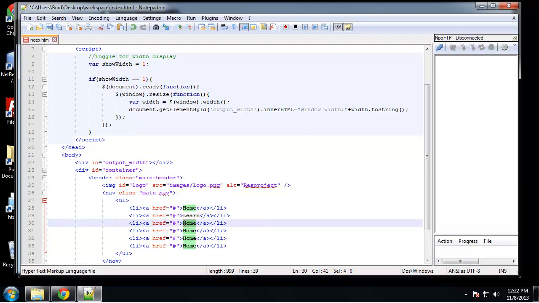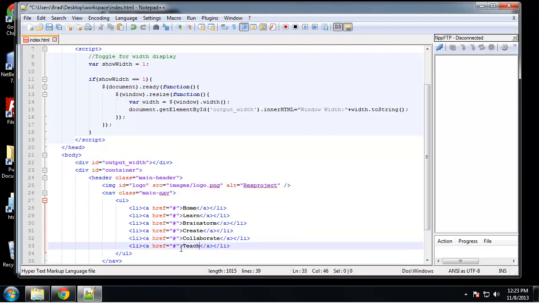Learn, brainstorm, and these aren't going to be actual pages, just some words that I thought fit well. Let's see, collaborate, I can't even spell, collaborate,